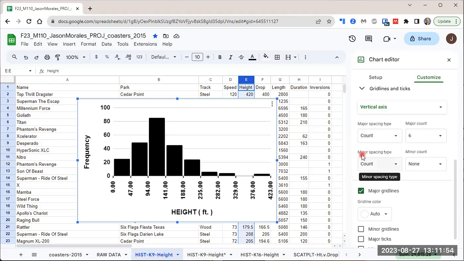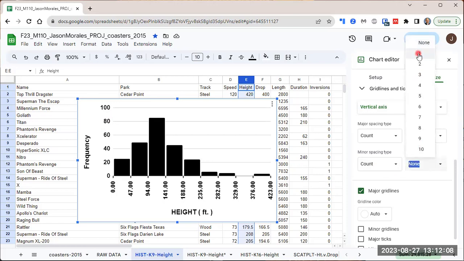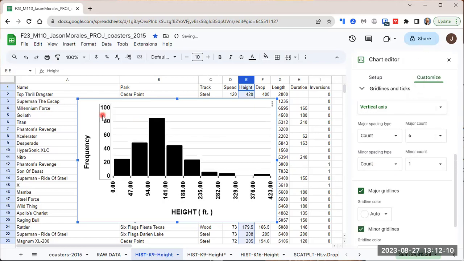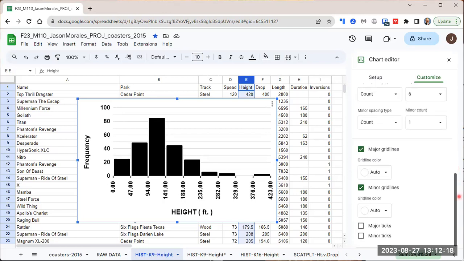For the minor count spacing, or minor spacing type, again, it would be nice to put step, but we're only left with count. So this is how many tick marks you want in between. And so what we'll do is, maybe we'll set that for 1. And so you can see it added 1 tick mark between each major tick mark. All right. Now,